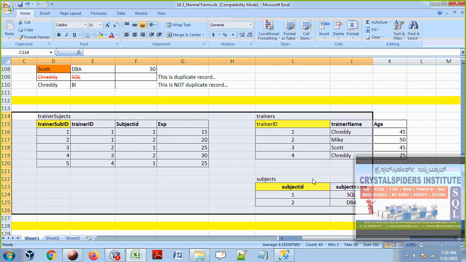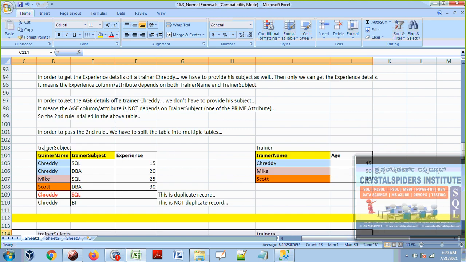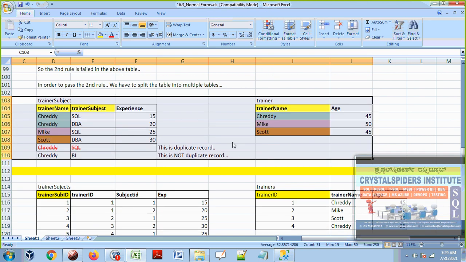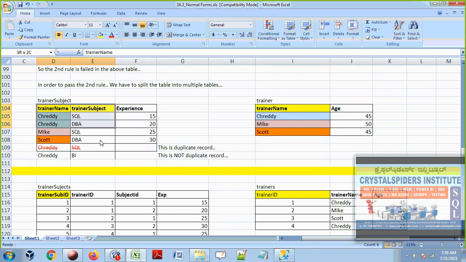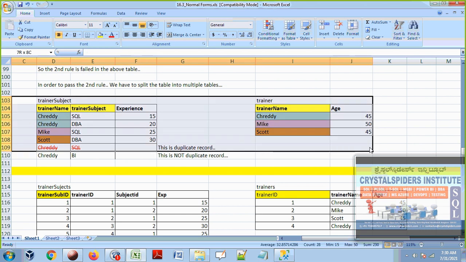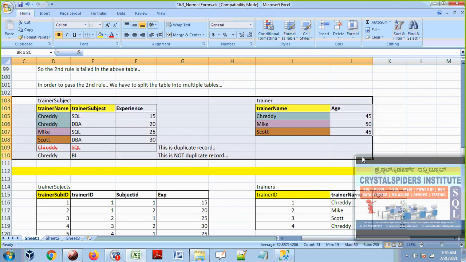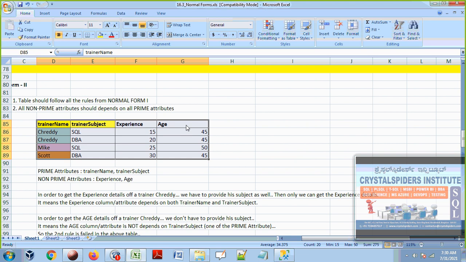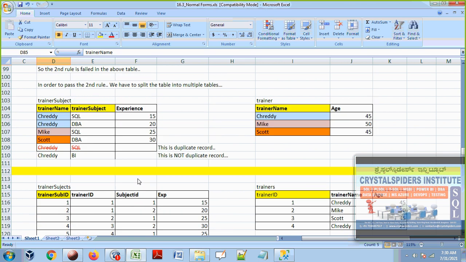And you see here, after applying the normal form rules, you can say that okay, we'll continue with these tables only, guys. Okay. So now you see these tables: this is a non-prime attribute, it depends on all columns here. This is a non-prime attribute, it depends on all prime attributes. Only one prime attribute, it depends on it. So we can say these 2 tables are now in normal form 2. It passed normal form 2 rules. But this table is not passed, guys, because one of the non-prime attributes, age, does not depend on all these prime attributes, both prime attributes. It's not dependent on both. This depends only on trainer name. Okay guys, so this is the discussion here.